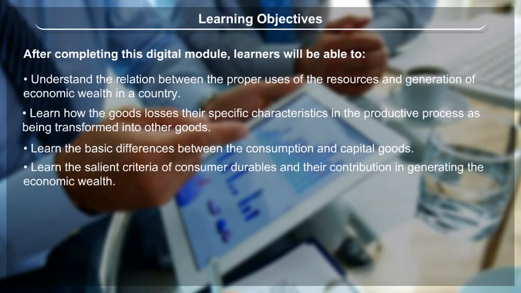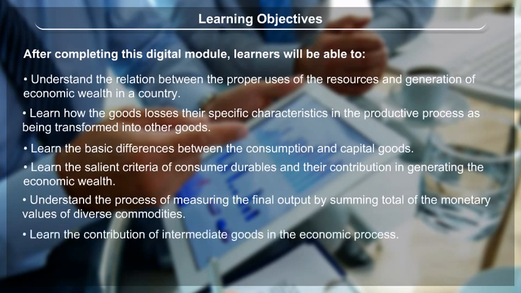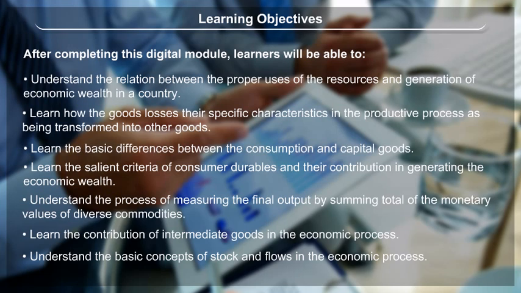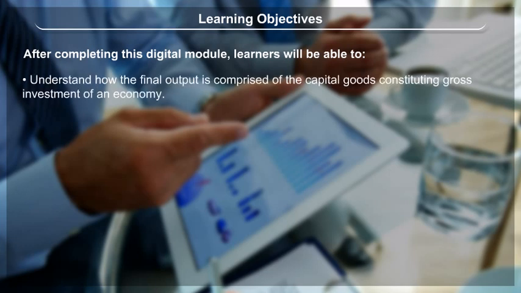learn the salient criteria of consumer durables and their contribution in generating economic wealth, understand the process of measuring the final output by summing the monetary values of diverse commodities, learn the contribution of intermediate goods in the economic process, understand the basic concepts of stock and flows in the economic process, understand how the final output is comprised